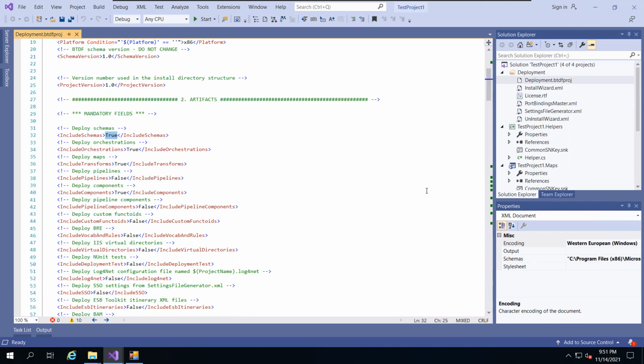For every solution, it will check whether there are any schemas present in your project or not, whether maps are present or not. If they are present, on the basis of that, these true and false values are generated. Similarly, whether your solution has orchestration or not, on the basis of that, it populates all these values.